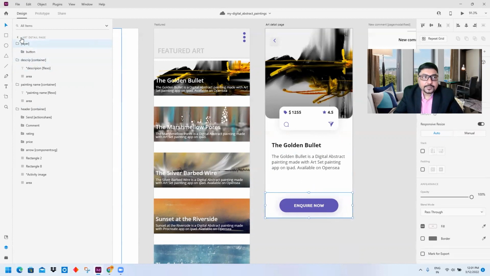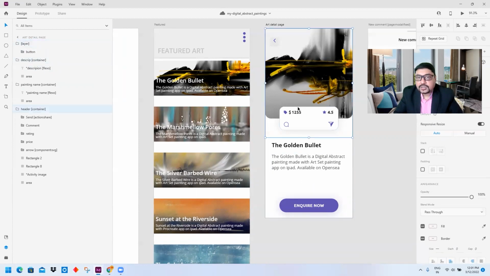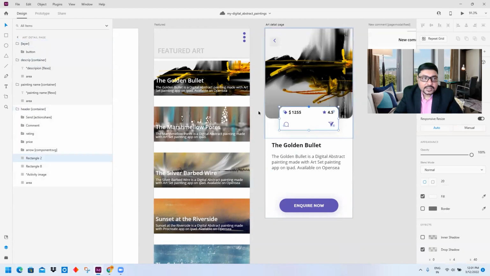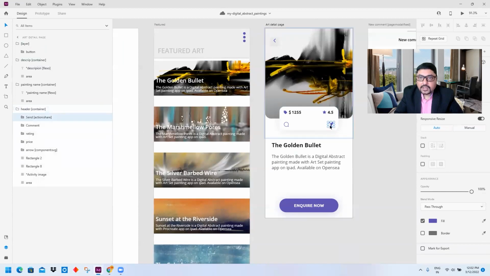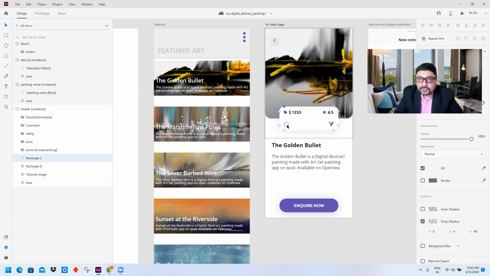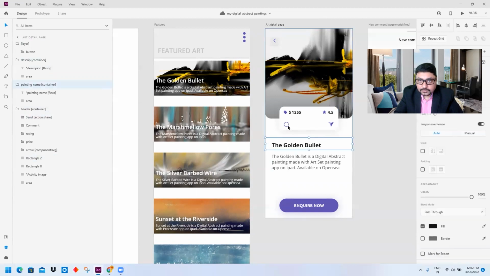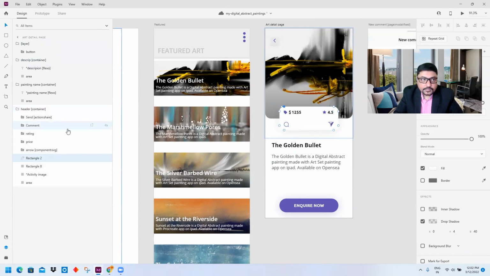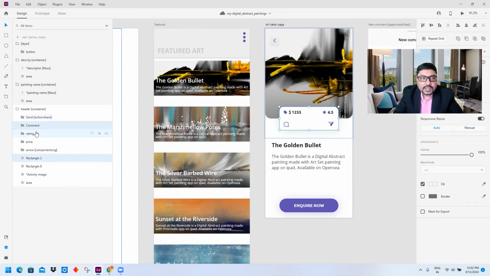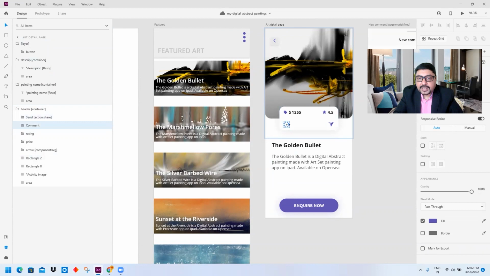Okay, now in this particular box, again, this is the rectangle box. You see, this is a header container. This entire header container is one container. Over here, I have a send icon, a comment icon, and a rating tag. I have made these two things interactive. Let's see how we have made them interactive.